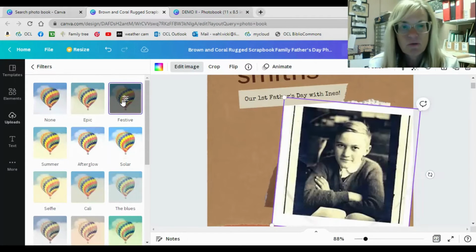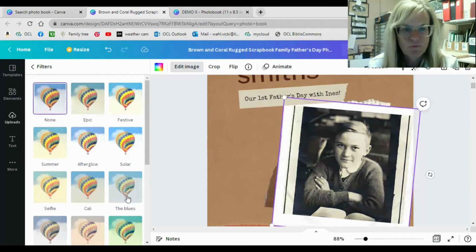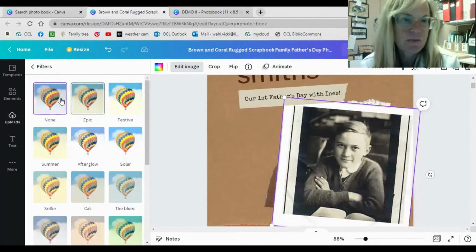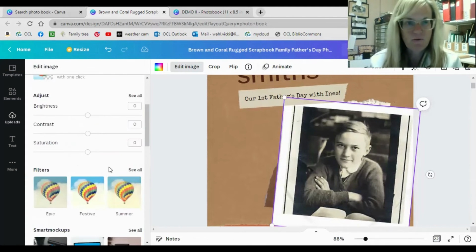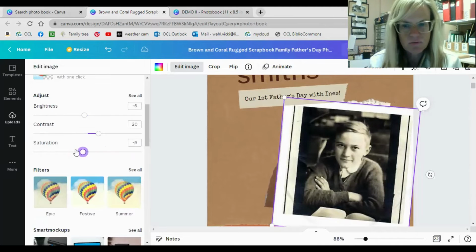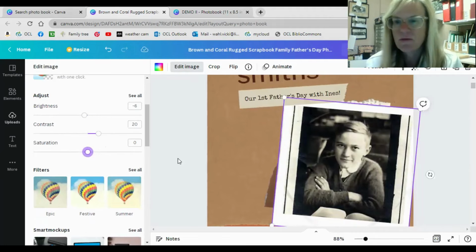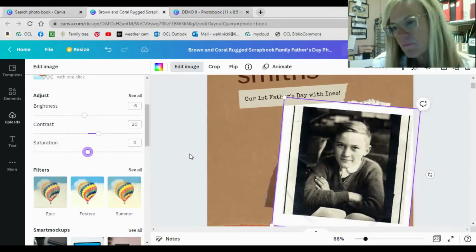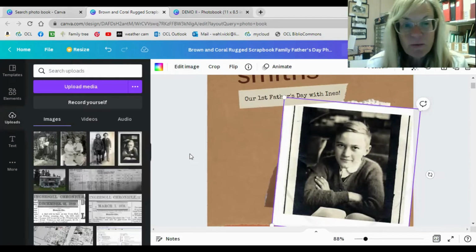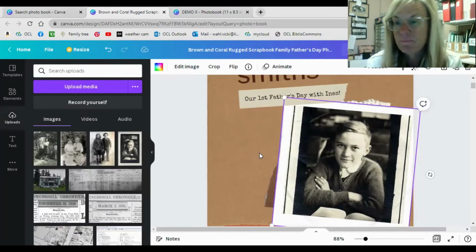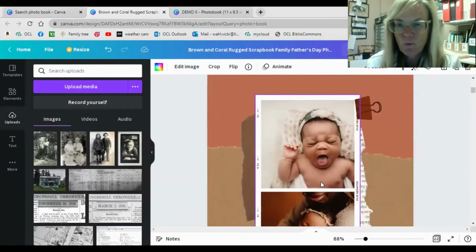Try them out. There's sort of standard color profiles that they offer. So it's something to play with. And then just back out of that, I'm going to bring the contrast up. Saturation is also something you can play with. It doesn't really have that much effect on that photograph. So that's a great way to sort of adjust for